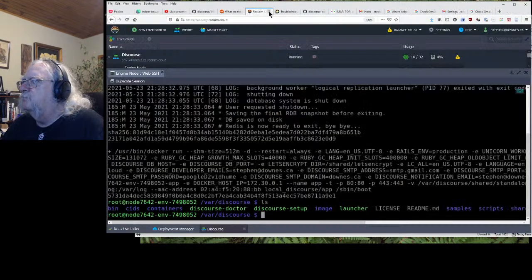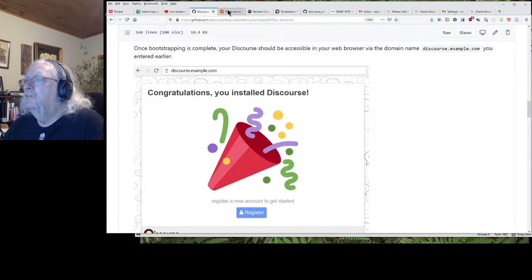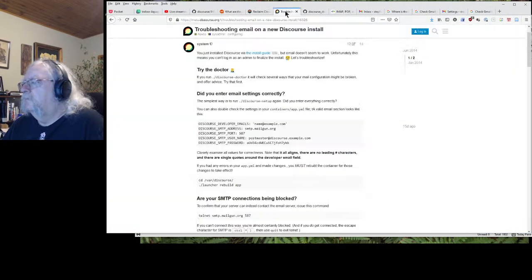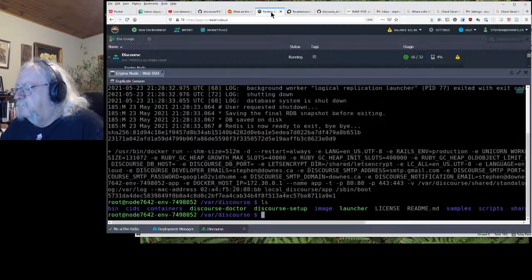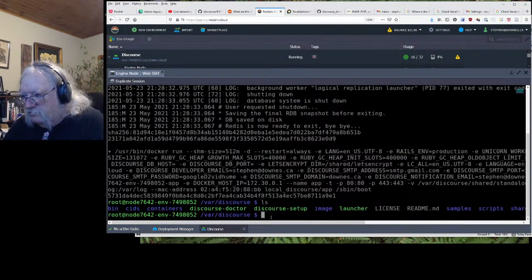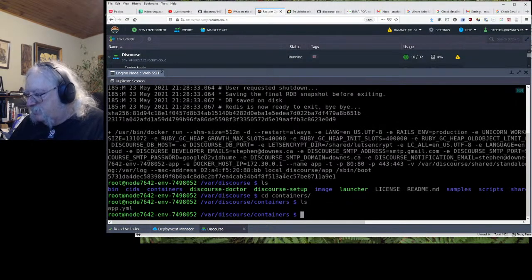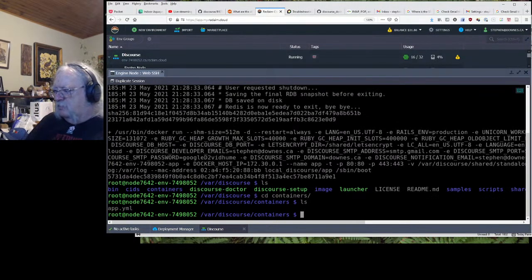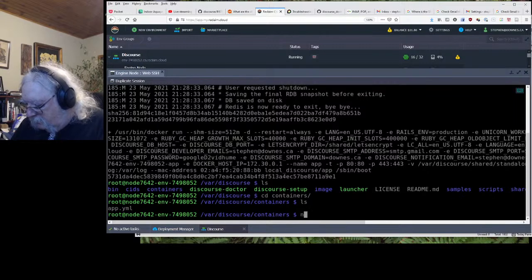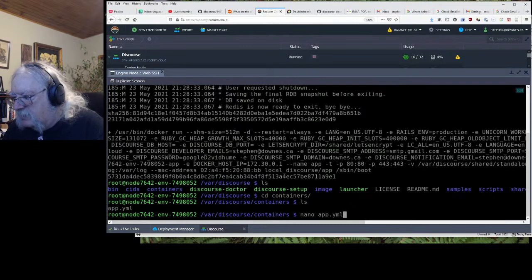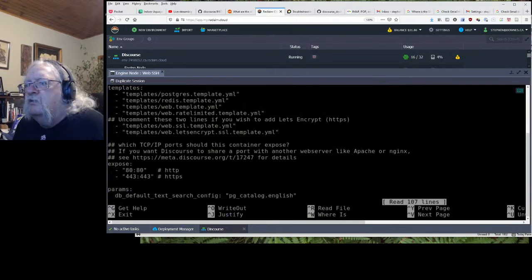This is not useful. Let's go away. Troubleshoot. Containers app.yml. So containers is a directory. Yes, there it is. cd containers, ls. There's app.yml. So let's see. Nano is a little text editor that sometimes works. All right. So this is our configuration